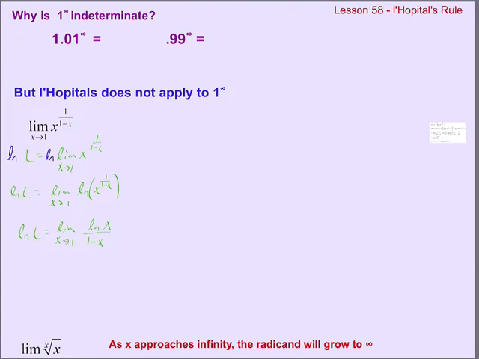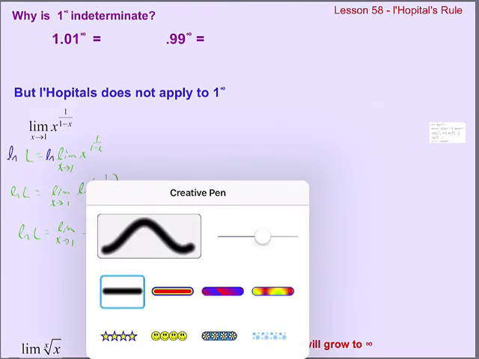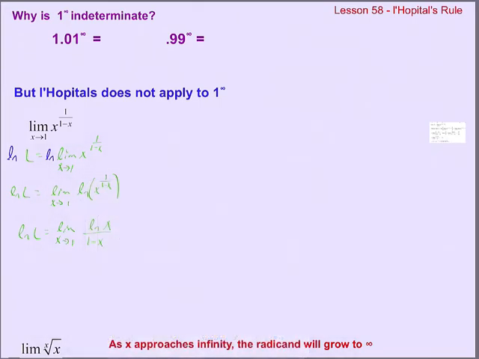Now we can say to ourselves, I wonder if L'Hopital's rule will do anything here. So we'll try to establish what we need to. The limit of our numerator as x approaches 1 is definitely 0. And the limit of our denominator as x approaches 1 is also 0. So we can apply L'Hopital's rule. So the